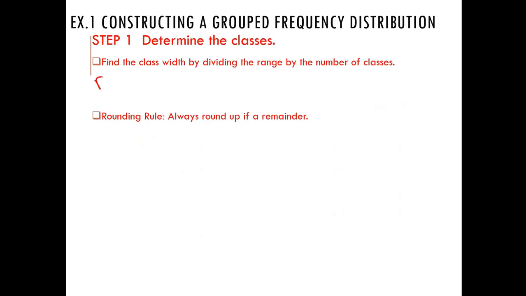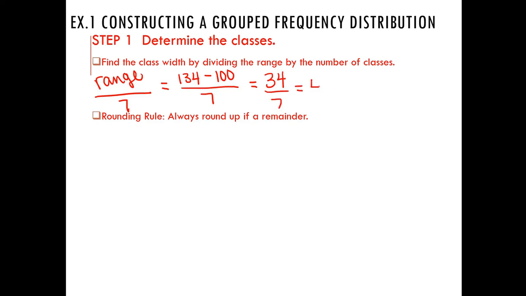So we're going to take the range divided by the number of classes, which was 7 in this particular example. So the range was 134 minus our lowest temp of 100, all divided by 7. 134 minus 100 is 34, divided by 7 will get us a decimal of